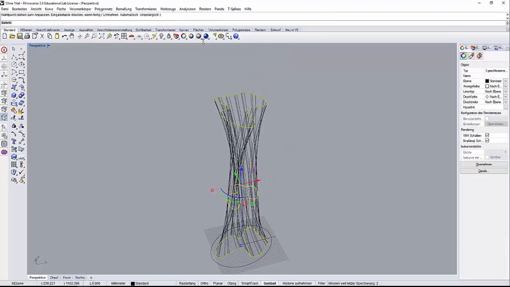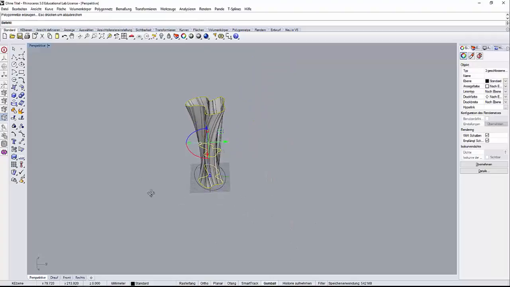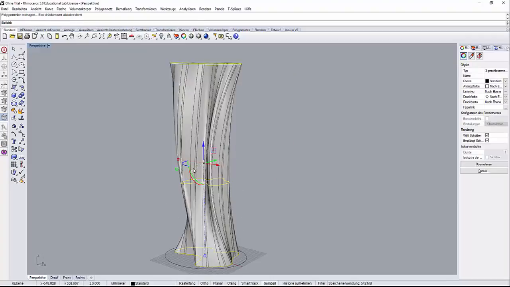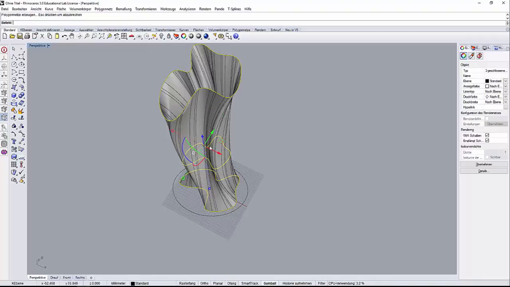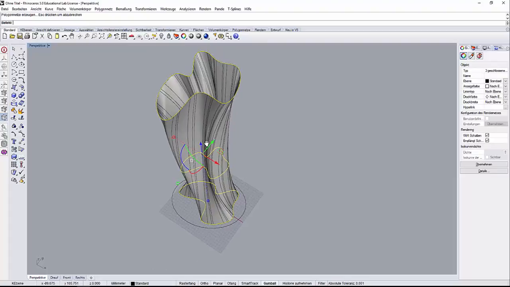Good, so we have our basic shape. This is going to be our building. Okay, let's pretend it's a building. Who cares? Fantastic. So now say that we want to start to